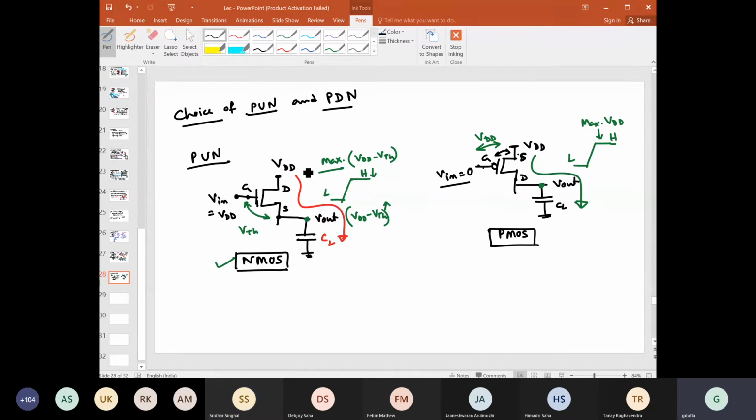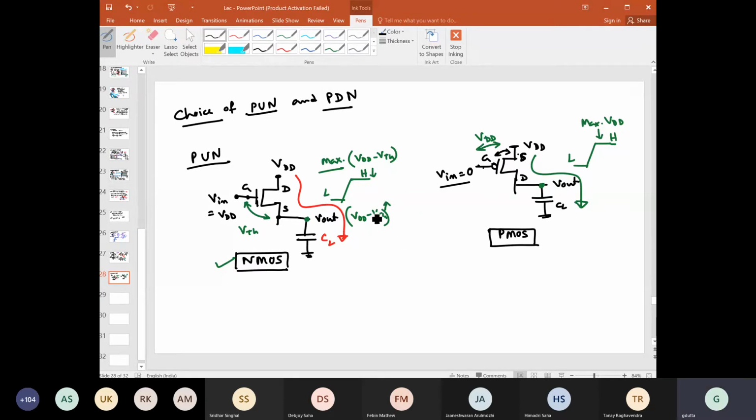But the thing is that we are now trying to implement, not thinking only about the inverter, but suppose you want to use it for any other digital gate. In that scenario, you might think of using this NMOS as a pull-up network. But you are right, for this case it cannot be used as an inverter, because if the input is logic 1, the output is also logic 1. So what type of behavior will it show?